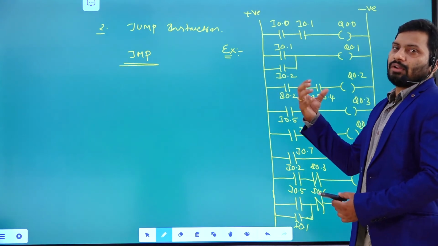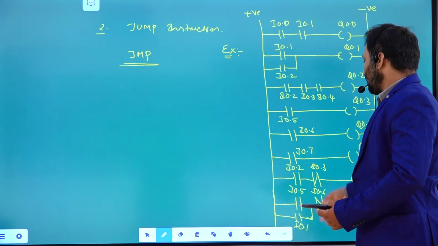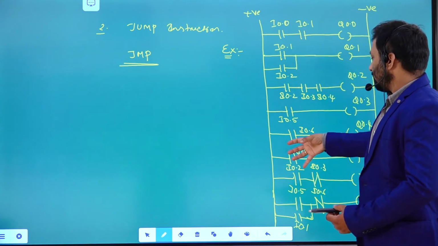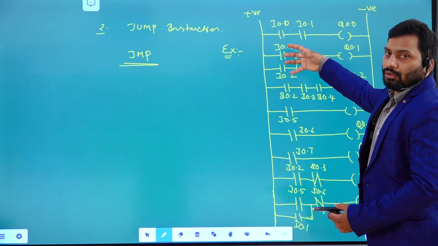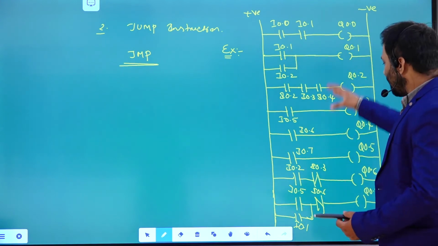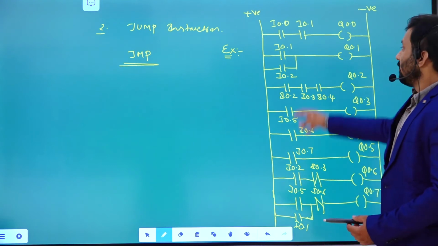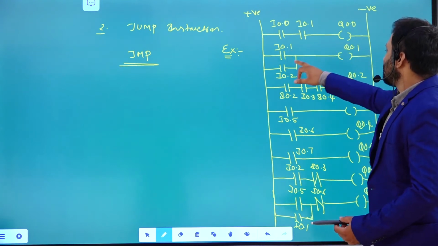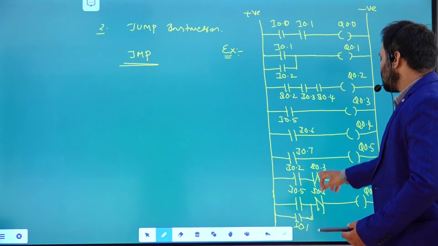That means input to these particular rungs, and based on that input, the output coils are going to be active or inactive. So this program is going to be executed like this: first, second, third, fourth, fifth, sixth, seventh, eighth.